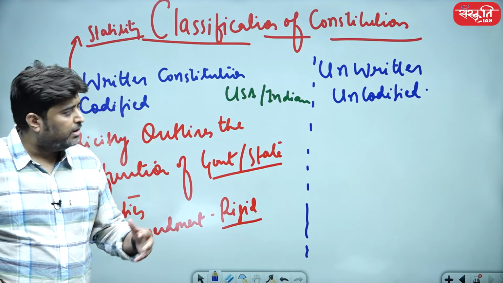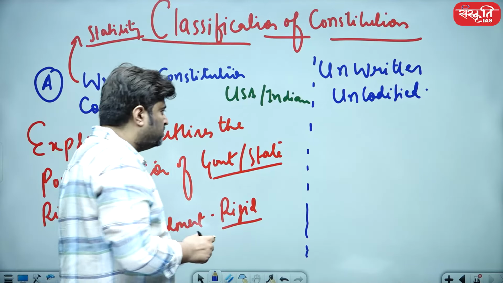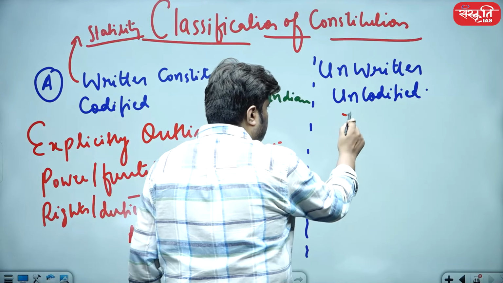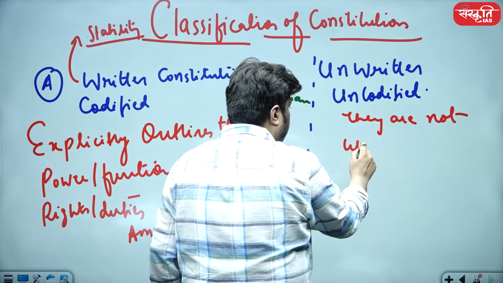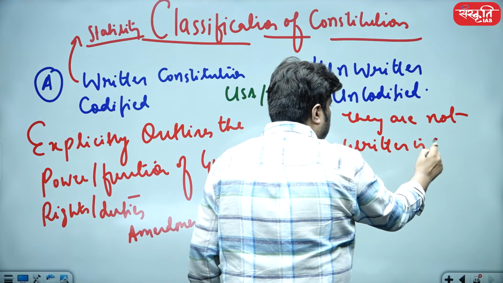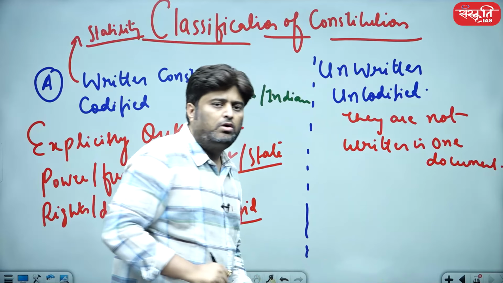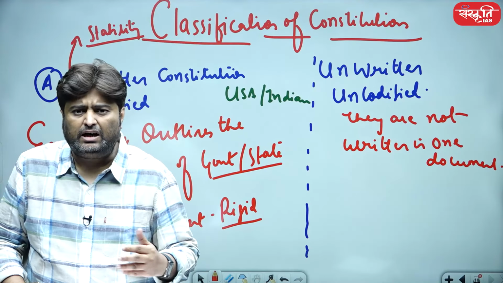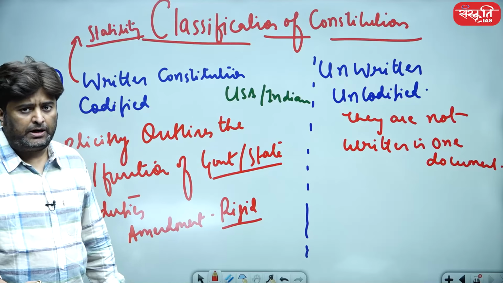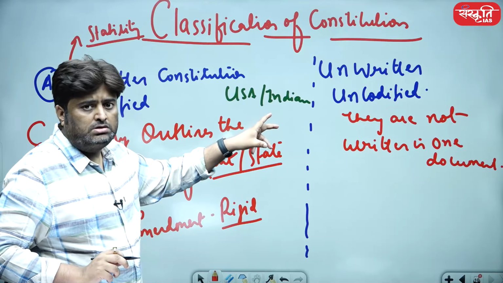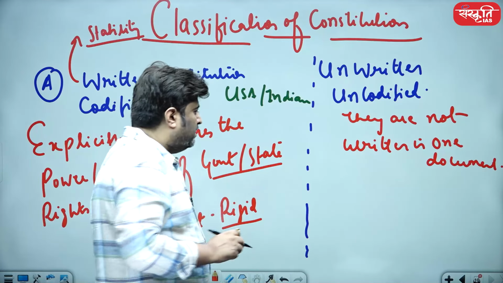Unwritten constitution, or the commonly used word, uncodified constitution, means they are not written in one document. In a single document, it has not included everything. But they are derived more from custom, more from convention, more from tradition, more from judicial interpretation. So what is unwritten, uncodified constitution? Uncodified constitutions are those which are not written in one document. They are more based on